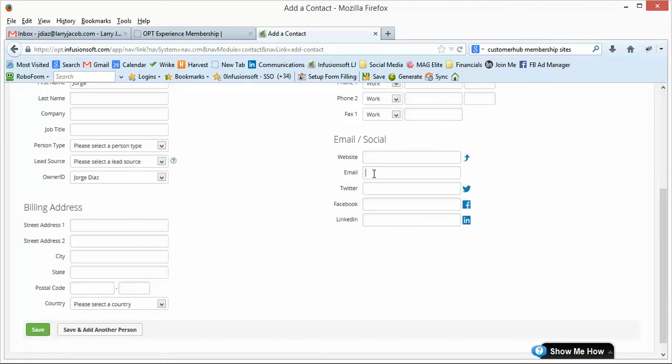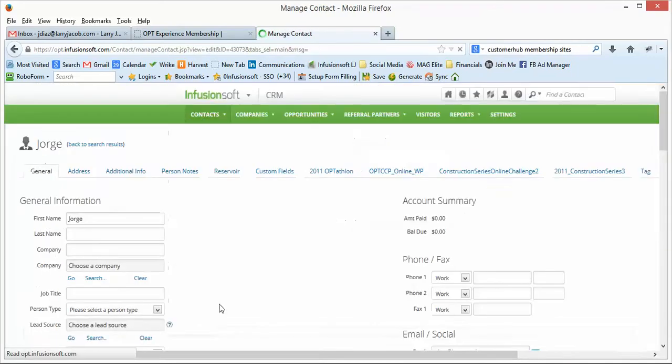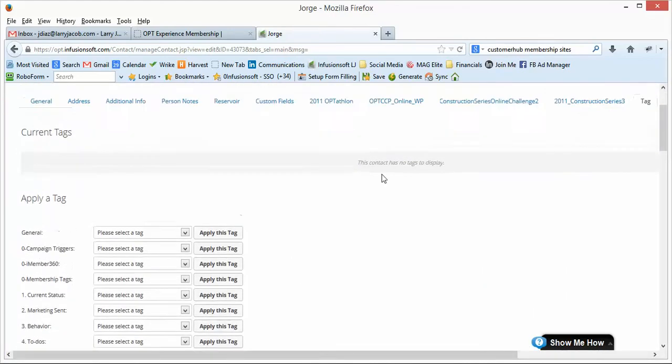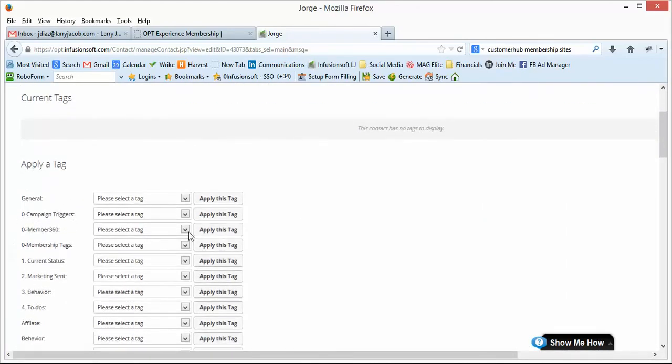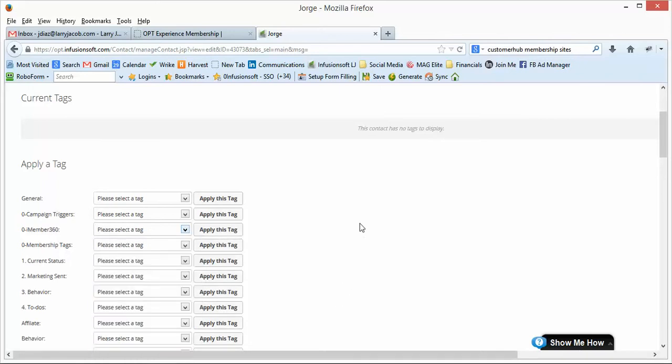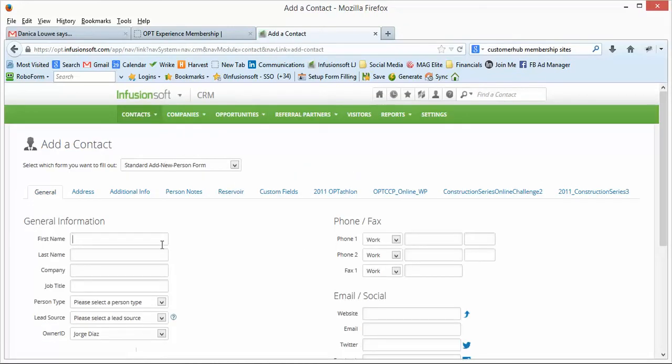Let's see here. I'm going to use my email address. And I'm going to go over here to the tags, and for me, you see this person has no tags, and I am not going to set the test level. I'm just going to leave it blank, which means I do not have access to that level. So then I'm going to go in and add another user. I'll use my wife's email address here